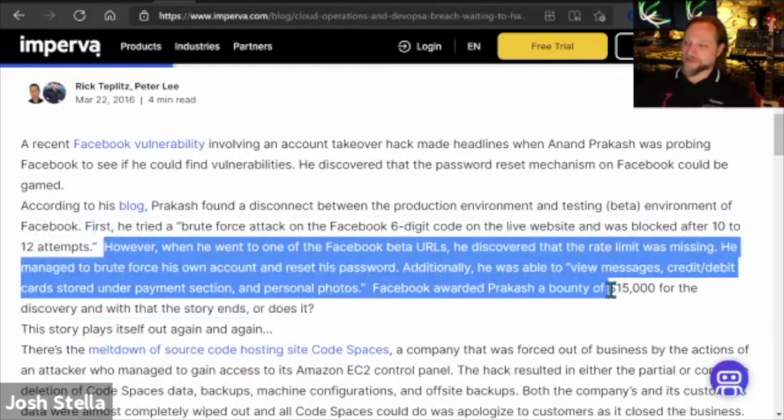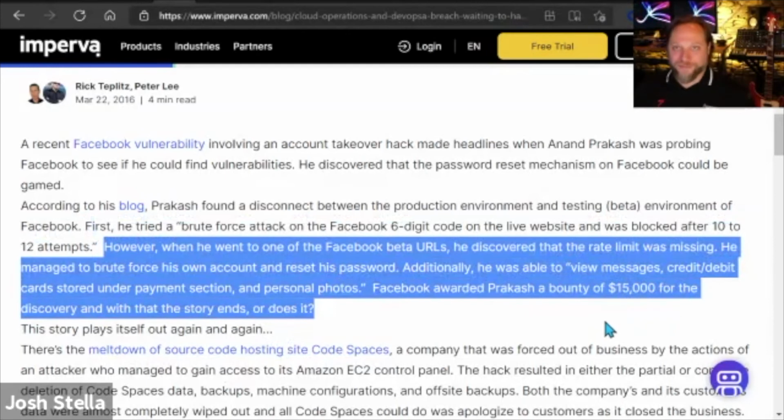However, when he went to the testing URL, it didn't have any limitation on how many times you could try to log in, probably because that was helpful for testing. Therefore, he was able to view messages, credit and debit cards stored in the payment section, and personal photos. So this is another reason why you really need to use the same kind of security monitoring in your dev environments as you do in your production environments.